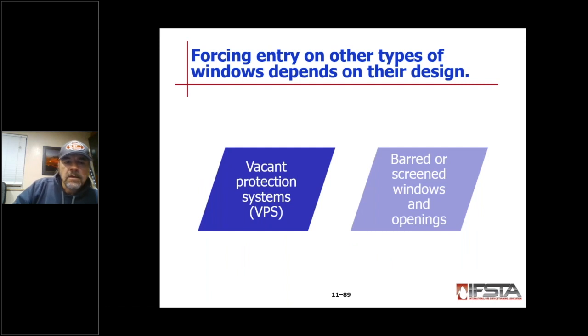Other types of designs, vacant protection systems, that was similar to the HUD, the barred or screened windows and openings. Sometimes they're put together real well, sometimes not so great. So if you absolutely need to go through a barred or a screened window opening, if it's barred, you can